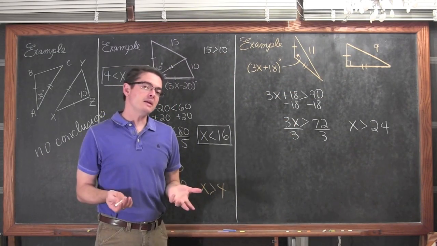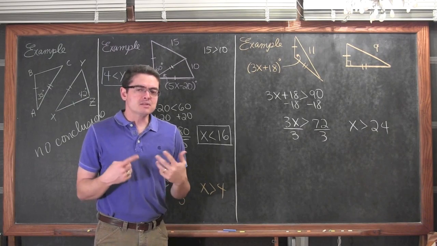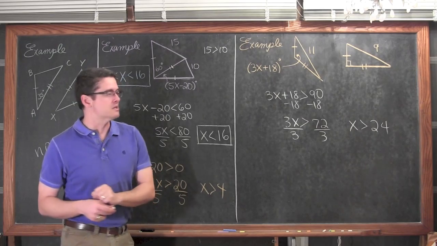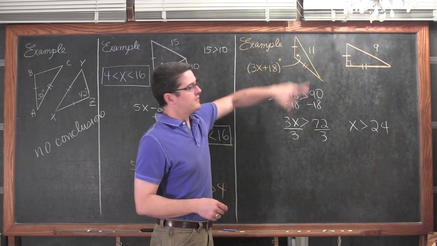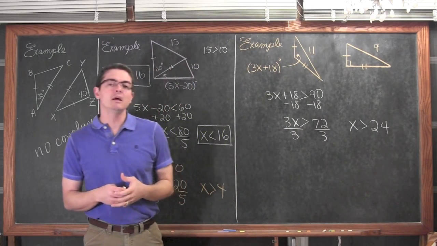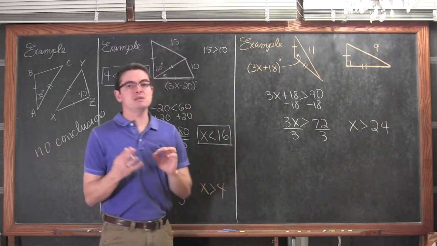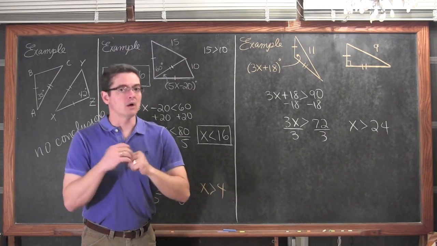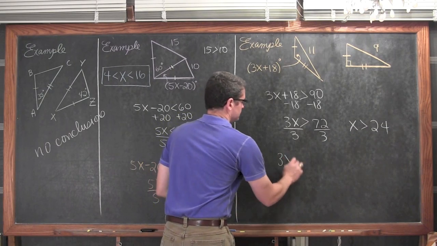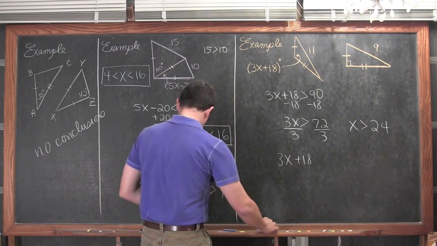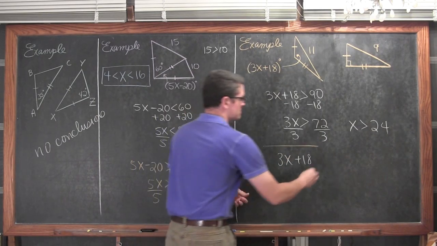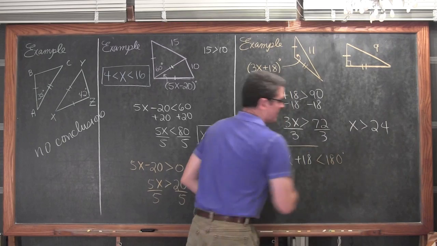However, what is the biggest angle you can have inside of a triangle? The sum of the interior angles of a triangle add up to, you should know this, 180 degrees. So if the entire sum of all of the interior angles must be equal to 180, then you cannot have a single angle which is equal to 180 or more. Otherwise, you can't make a triangle. So 3x plus 18, let's do this in orange, like this other size check over here, must be less than 180 degrees.